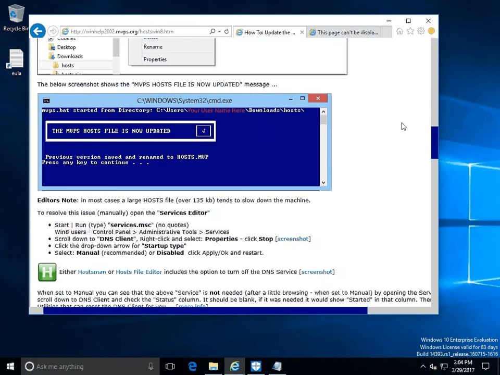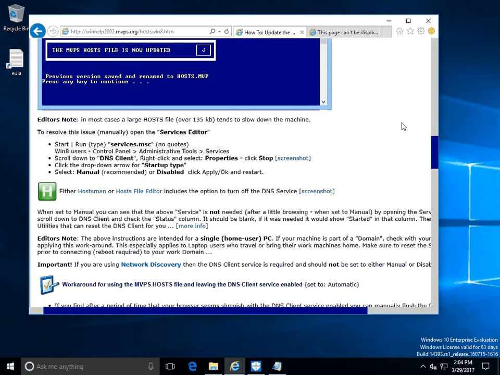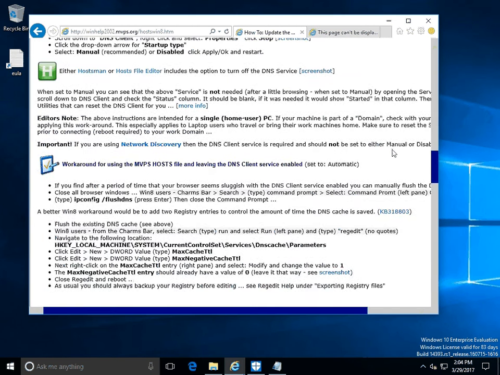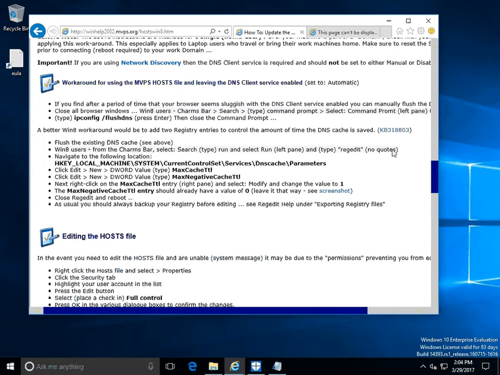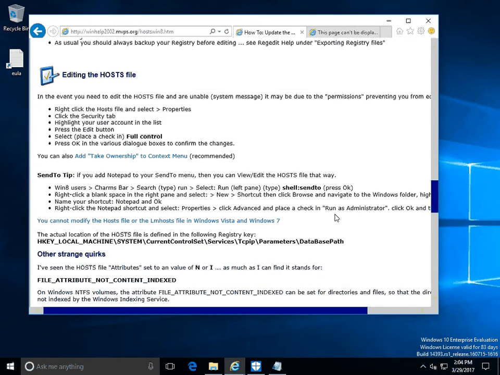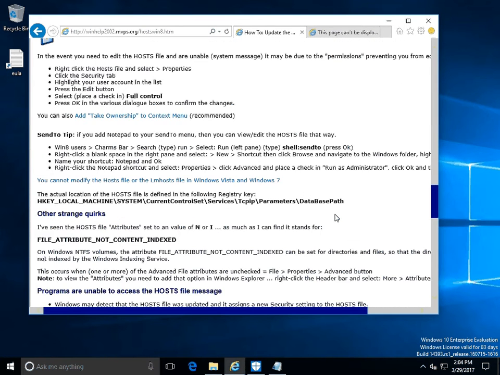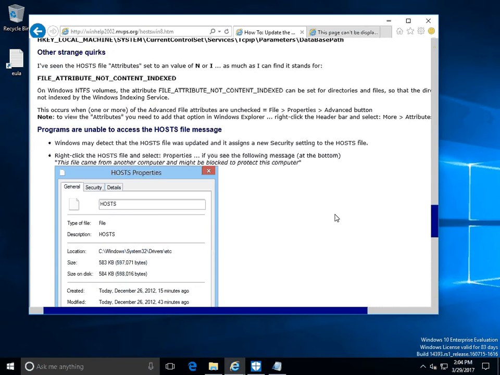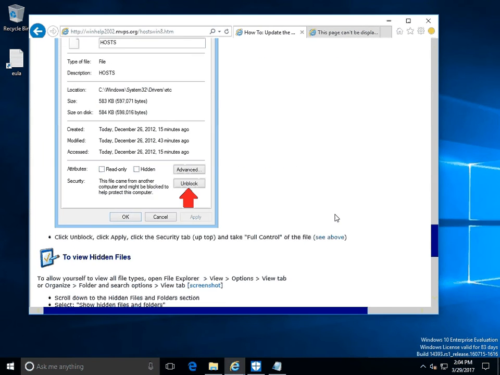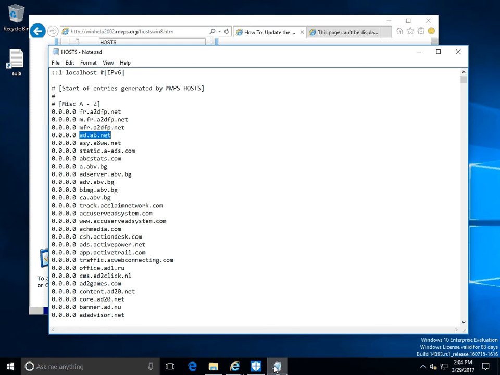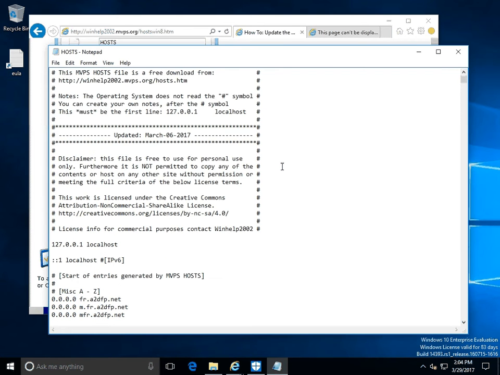Just a quick thing, sometimes you'll have to do some other stuff on Windows 8. Windows 8 doesn't like it, it does some weird stuff with the host file that you can make some changes for, but if you stick with Windows 10, you don't have to worry about any of this stuff, which is pretty good. So let's see, what does that do? I've already opened the host file itself here. So if you look, what the host file does